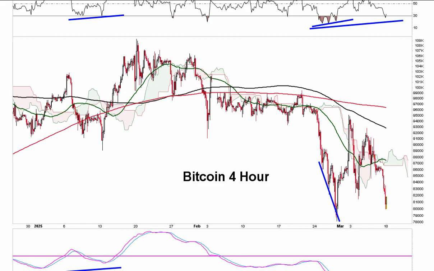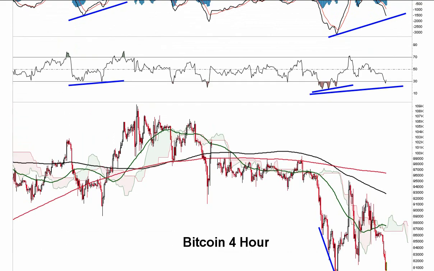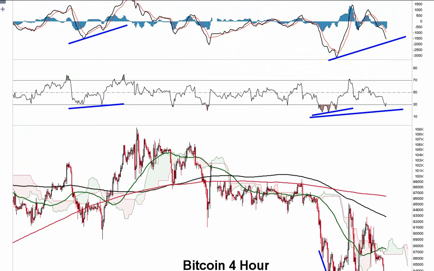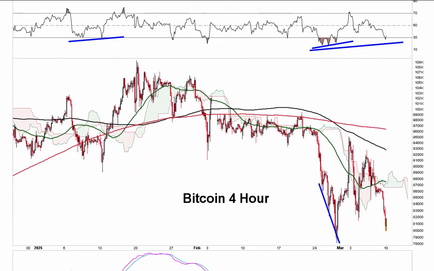Let me just say this. In order to turn this around, and let me just show you the MACD, possible divergences could be in play or confirmation of a higher low. But in order to turn this around, we've got to get back above the 50, back above the 200, and then the 50 has got to get back above the 200. Okay? Right now we have the 50 with that bearish death cross holding below the 200 period. In order for Bitcoin to recover, you've got to get back above the 50, back above the 200, and then that 50 has to get a golden cross above the 200 period moving average.